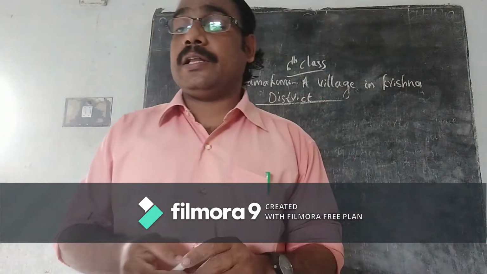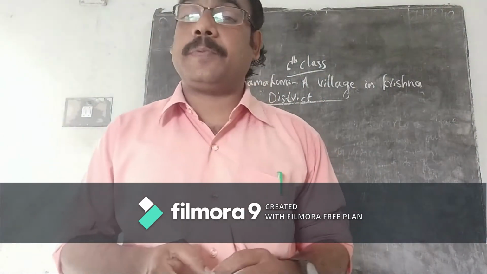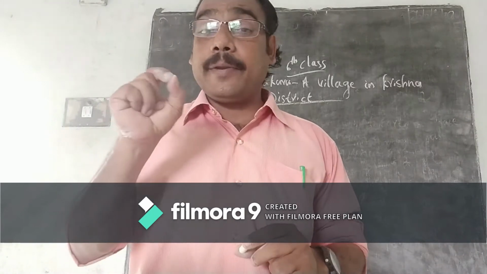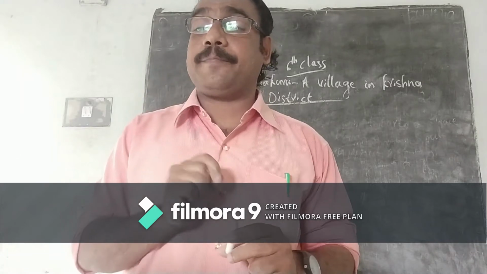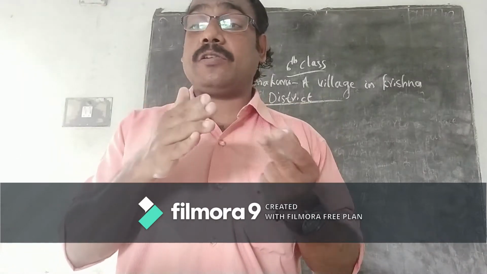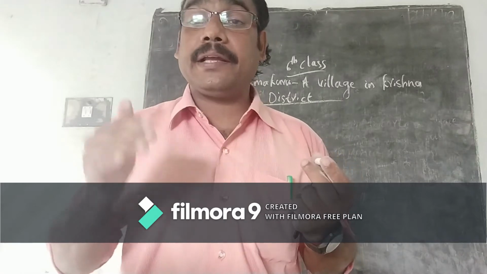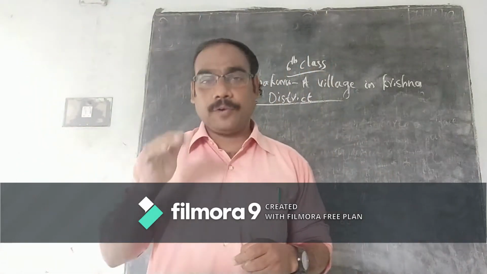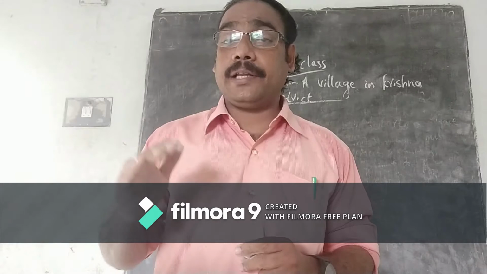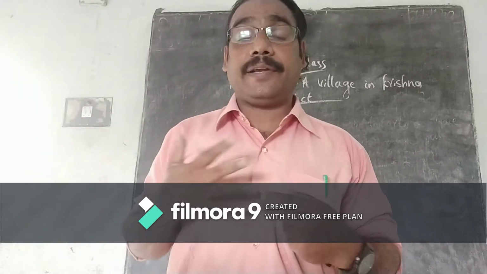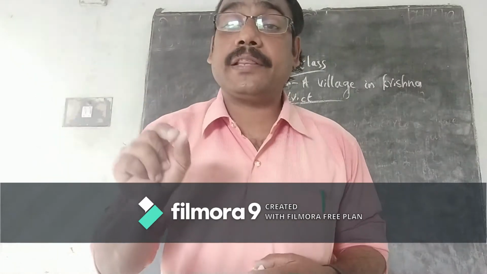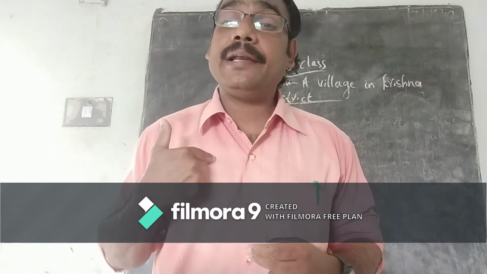So already we learned about the three important landforms: mountains, plateaus and plains. Now coming to the term tenancy. You might have heard the word tenancy. Tenancy means possession of land or property by paying rent. For example, suppose I don't have land for cultivating, so I take somebody's 2 acres of land for cultivating something. For that I give them rent, so I am a tenant.